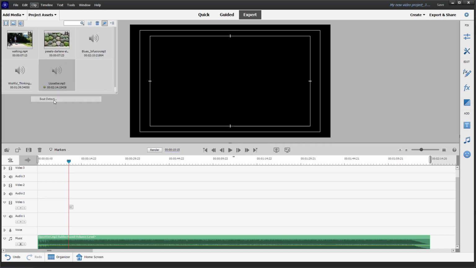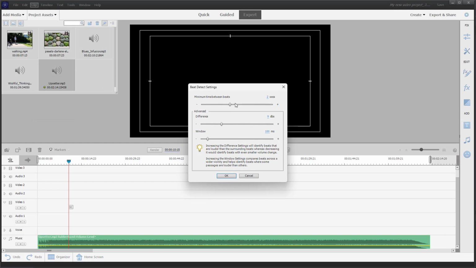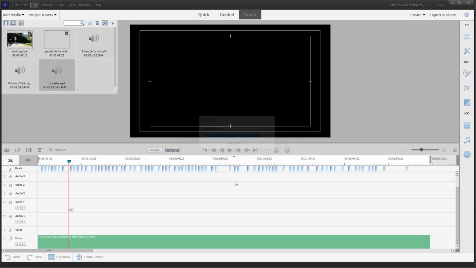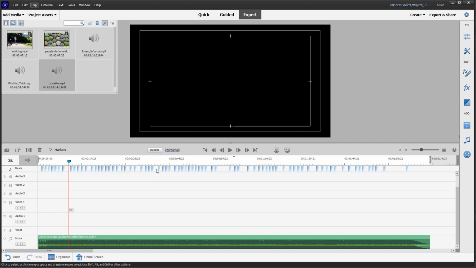If I were to click right here, then you can change the minimum time between the beats right here. Let's say for example it's 1 second, and then you can change the decibel difference for the beats right here, just like this. So you can set those values right here and press OK. Once you do that, it detects the beats, as you can see right here in the beats bar. So if I were to press the play button,